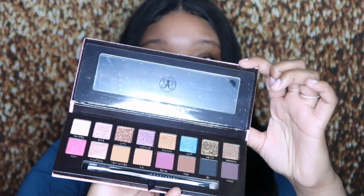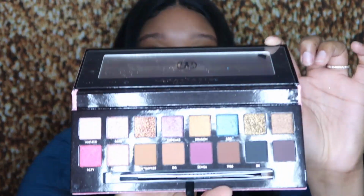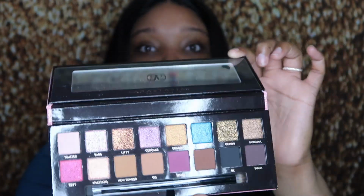So this packaging is dope. If you don't know, my favorite color is pink. I love pink. Pink has been my favorite color since I can remember. So these are the colors. They're so pretty. And I think I'm going to do a Valentine's Day look with this. First things first,